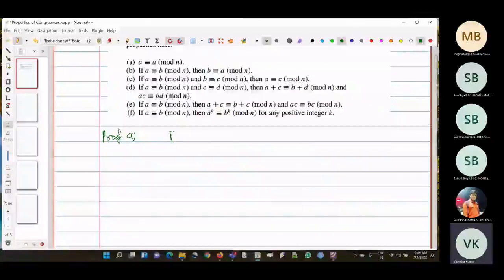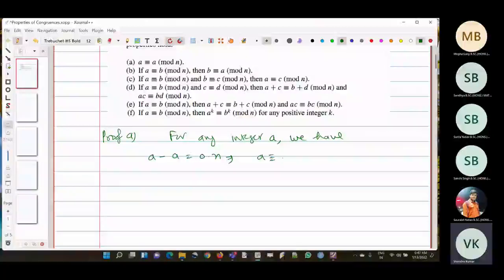For any integer A, we have A minus A equals 0 times n. We can write like this, okay? And this implies that A is congruent to A modulo n. This is a very simple thing, okay? All right, and then